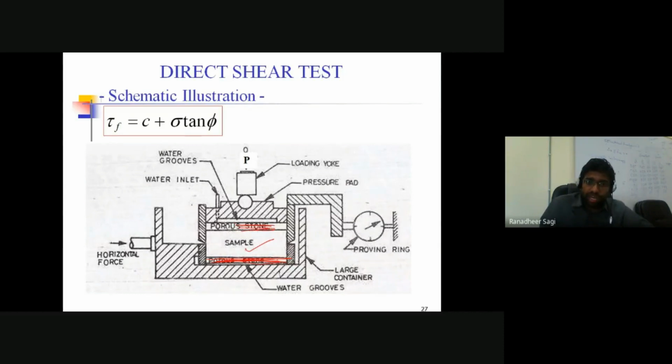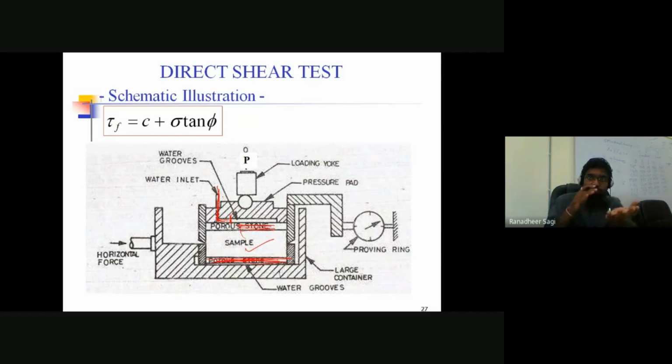So whatever water comes out of the soil passes through your porous stone, and from the porous stone whatever water comes out gets drained out through the plate immediately above your porous stone. Okay, so this plate has some small openings, so that in case drainage is happening through the soil I am using in the test,